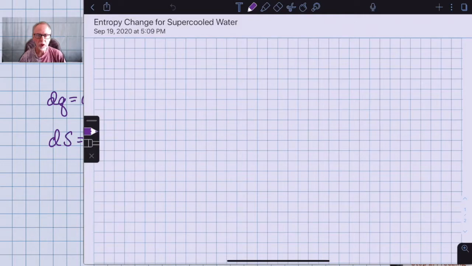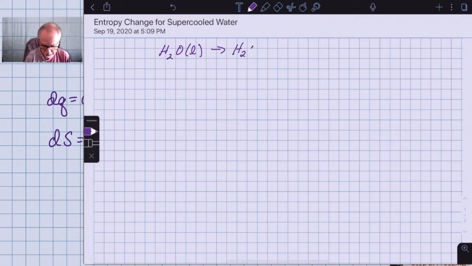Hello, in this video we're going to learn how to calculate the entropy change for supercooled water. We know that liquid water is not stable at -5 degrees. The normal freezing point, of course, is 0 degrees. But if we cool it very slowly and carefully, we can actually get liquid water to exist at -5 degrees